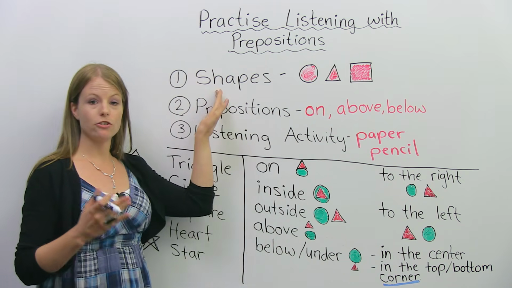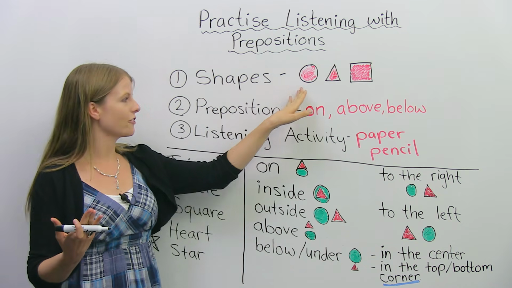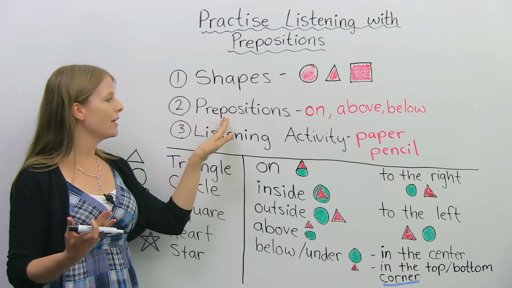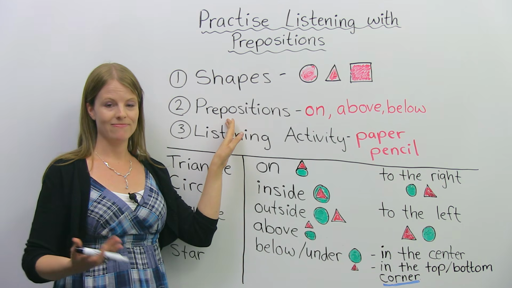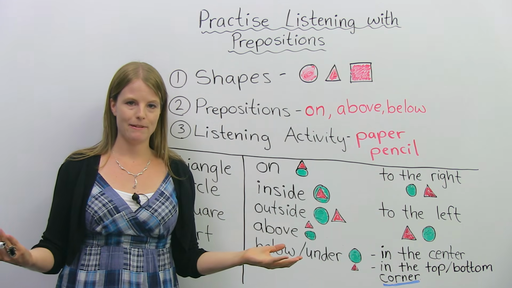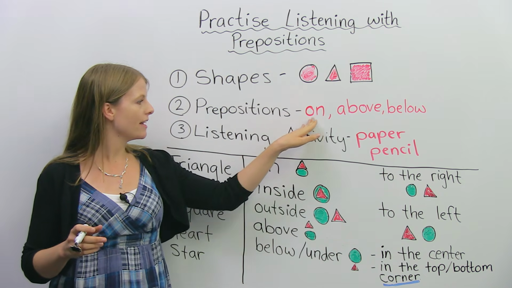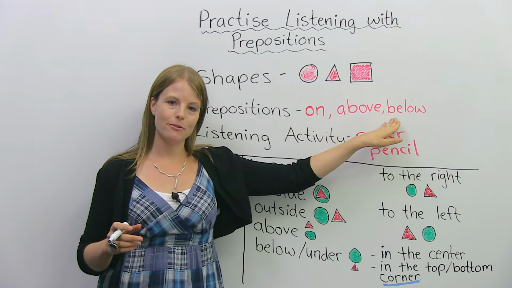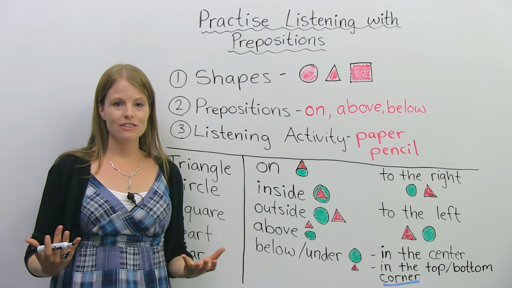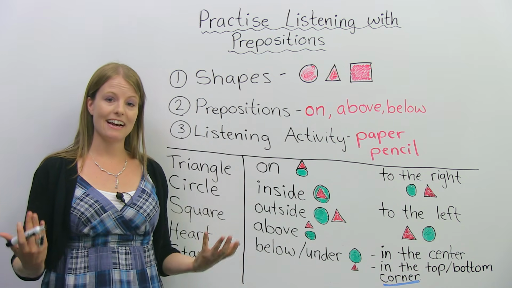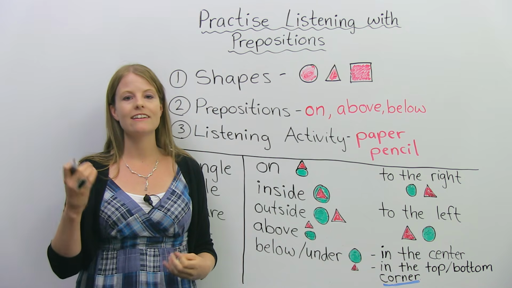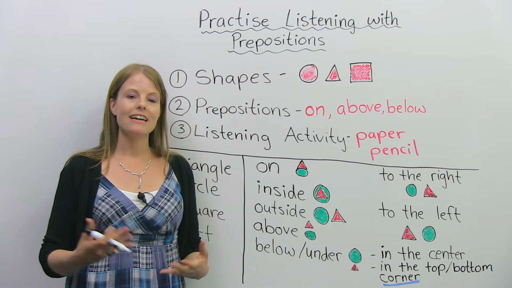So first, we are going to learn shapes. And these are some examples of shapes. Then we are going to learn about prepositions. You might be wondering, what is a preposition? Well, a preposition is a short word like on, above, below. And after that, we're going to do a listening activity where you're going to listen to me describe shapes and